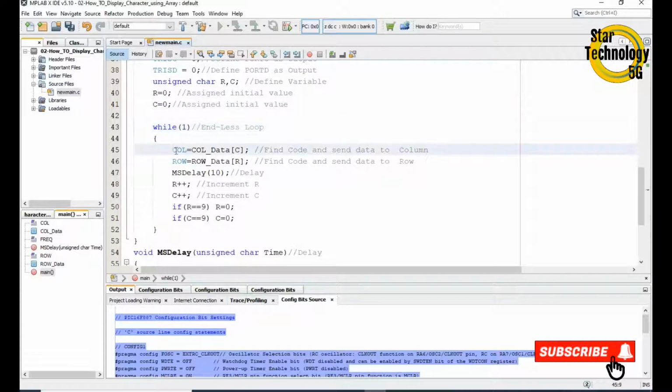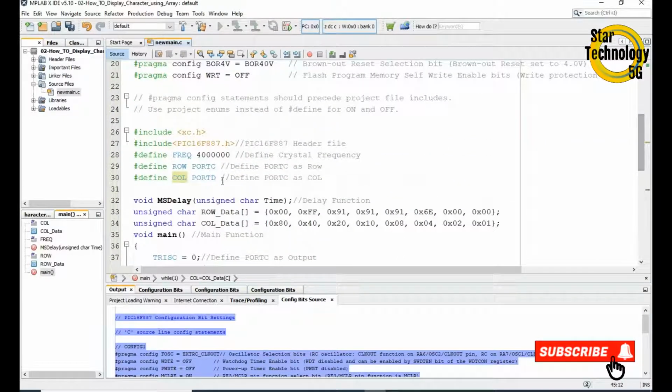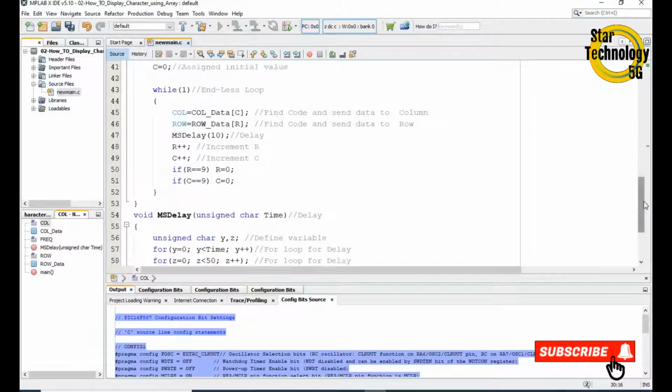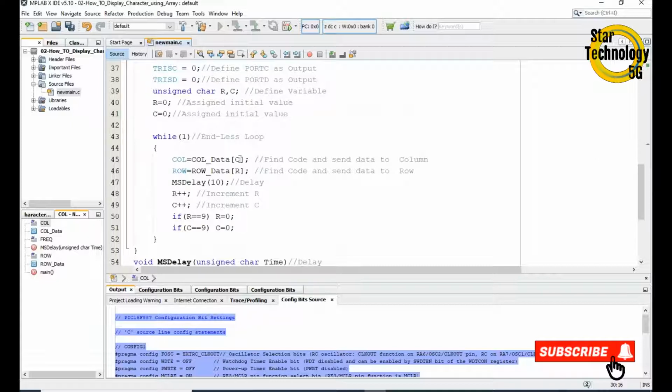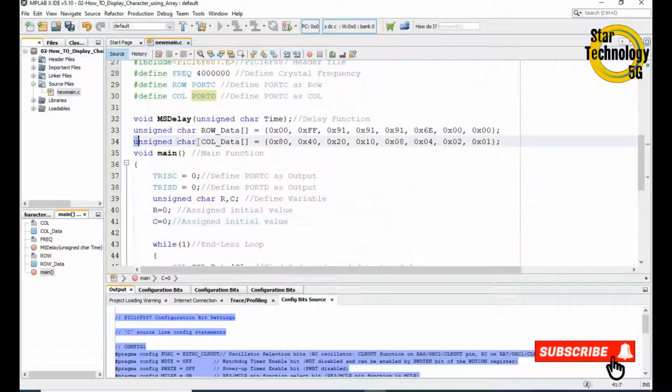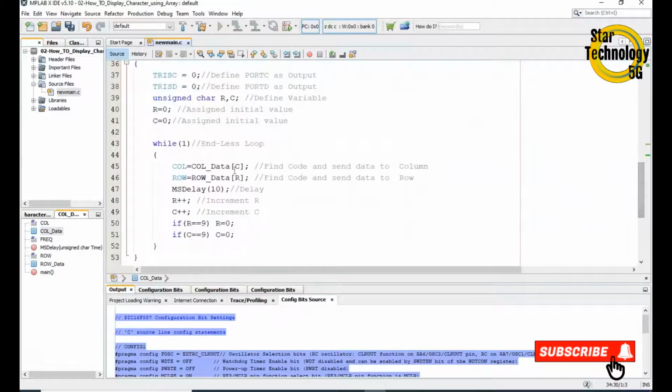In the while 1 loop we will send the column. Here port D is interfaced with the column. We will send C into column data. The initial value of C is equal to 0. It will find the code from column data. You can see here is the column data. It will find code number 0. Here is the code number 0. It will send this data into the column,